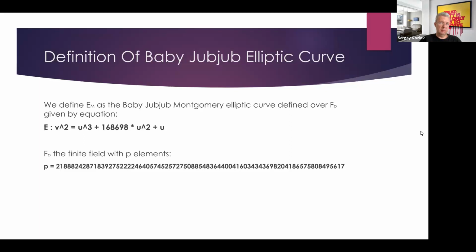I don't know why they chose this name, but that's the name of this elliptic curve. And this elliptic curve is used with this specific finite field of elements. So you see how many private keys you can extract from this huge number. So v to the power 2 equals u to the power 3,